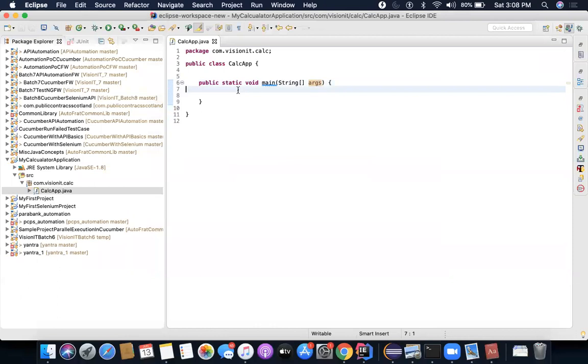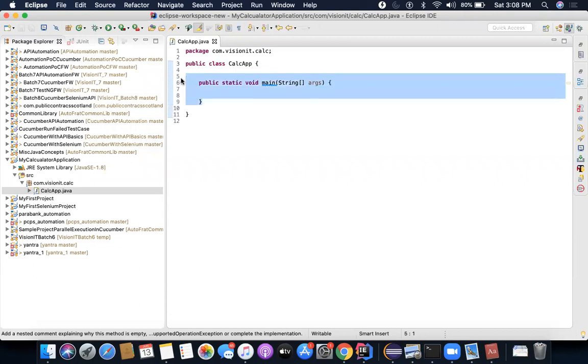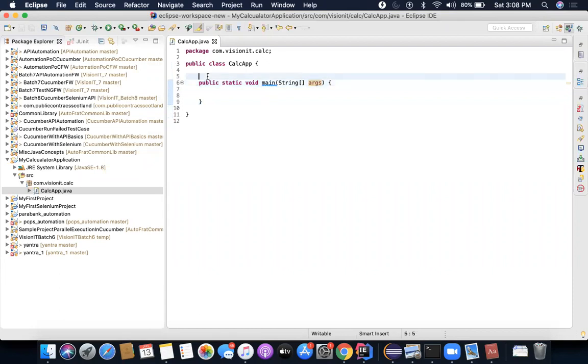It will not do anything with that program. So if you want to run something in Java, by the way, there are many ways to run a Java program, but the simple way of doing it is using a method called public static void main, right?